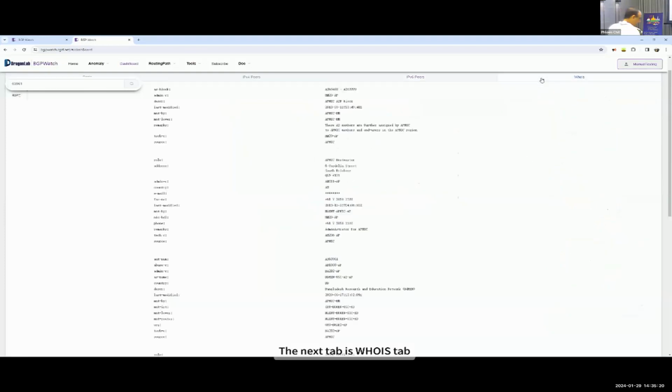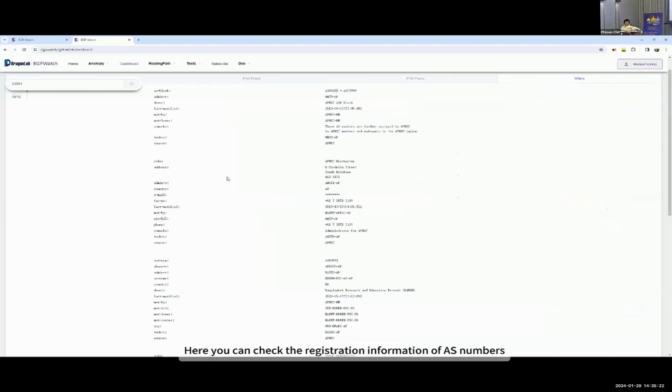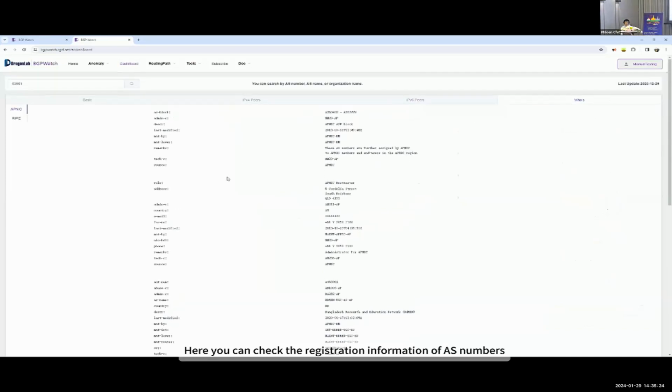The next tab is the Whois tab. Here you can check the registration information of AS numbers. That information is collected from the Regional Internet Registry, RIR. Depending on the registries that the AS registered with, it shows the corresponding information. In this case, 2 sources of registry information are displayed for